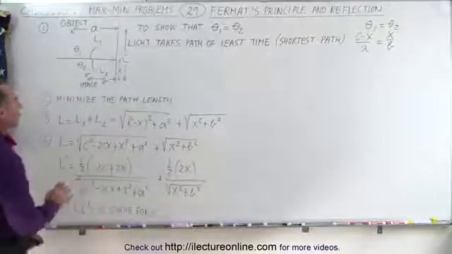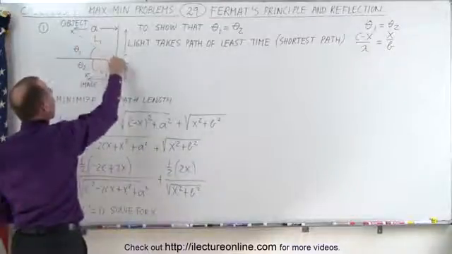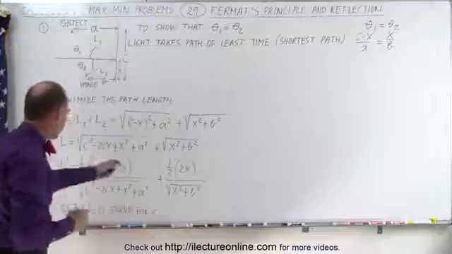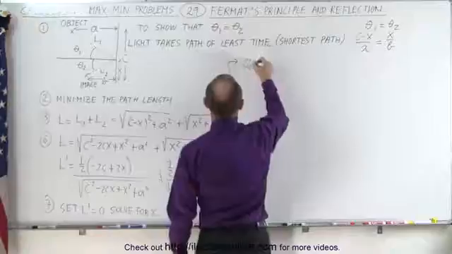Because in this case, x is the only unknown number that will determine where the light beam will hit the mirror, and that will then allow us to determine the angles. So let's go ahead and do that. Set that equal to 0. So if 0 is equal to,